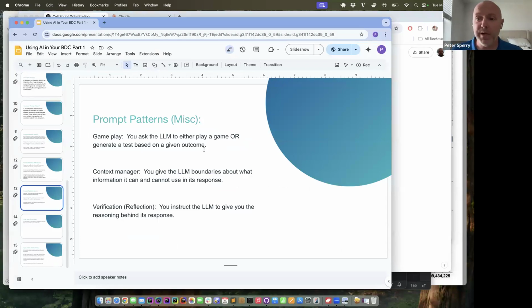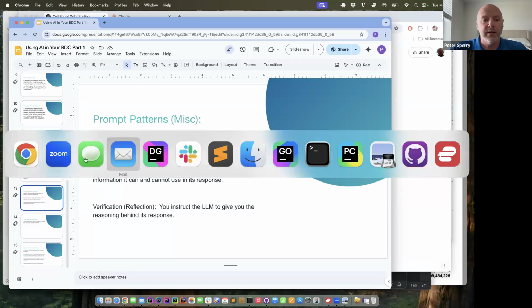Gameplay. This would be a huge one for your BDCs. I'll tell you how I use it personally, and then I'll tell you how I've seen our accounts, and I've helped some of our accounts do this professionally. The way that I've used this personally is if I want to learn a new computer language. What better to teach me how to write code than something that knows all of the syntax and all of the documentation on code? And so you can do things like